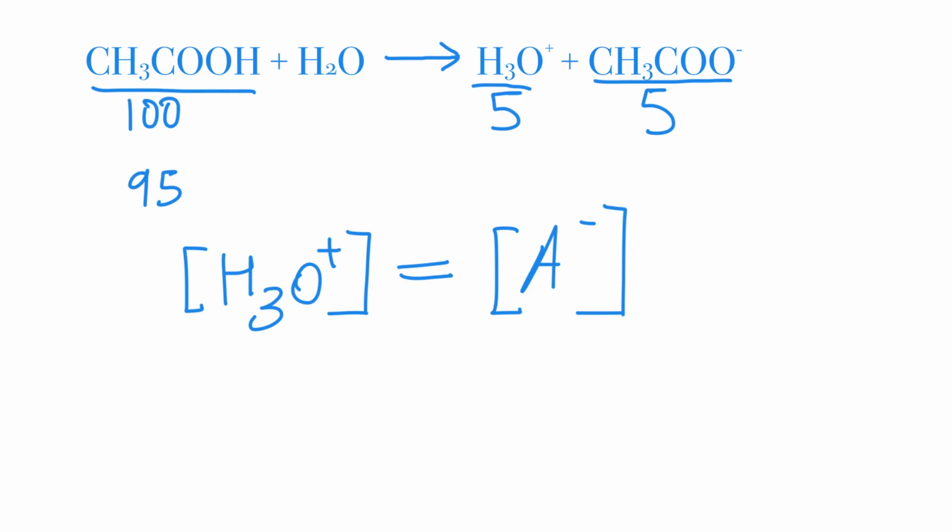Okay, it could be acetate, it could be fluoride, it could be phosphate, it could be whatever, but their concentrations are always going to be the same. And so this is a very important factor, because now if we go back to the original equation we had set up,